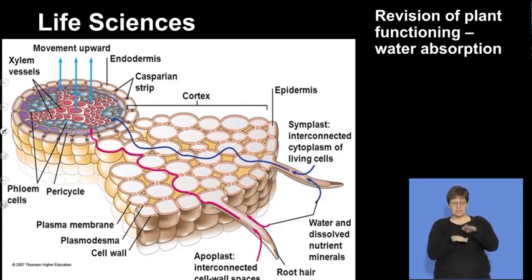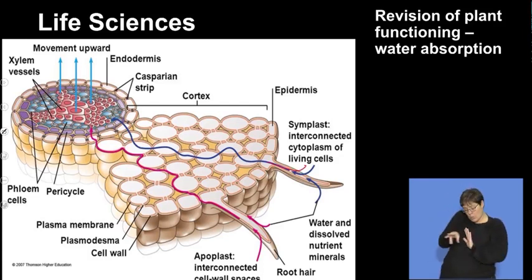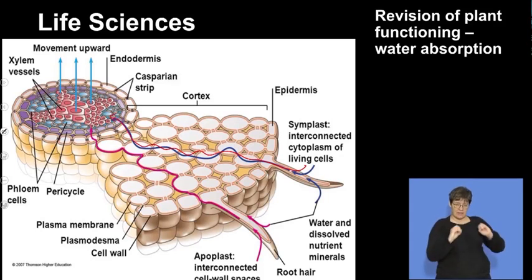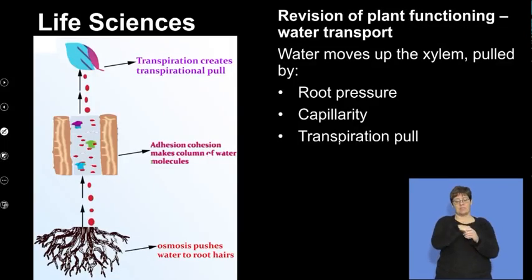How is water absorbed? In through the root hairs, it moves either through the cells into the xylem, or along the cell walls. Same thing happens, it also goes into the xylem. Once it's in the xylem, there's osmosis, pushing the water up through root pressure. It moves through the xylem through capillarity, and it ends up in the leaf, and exits the leaf,